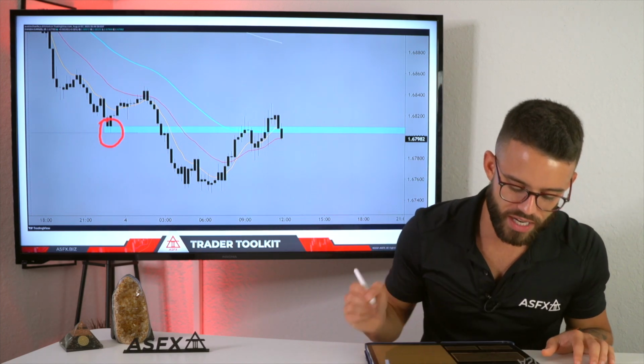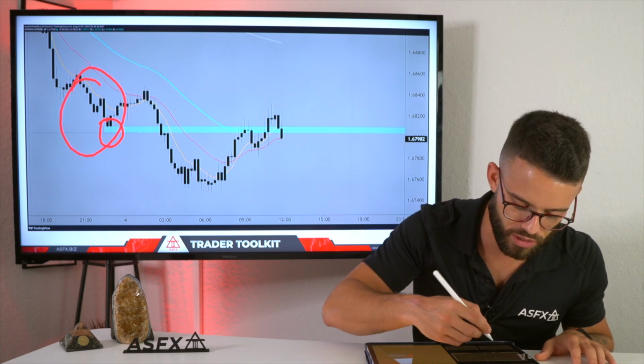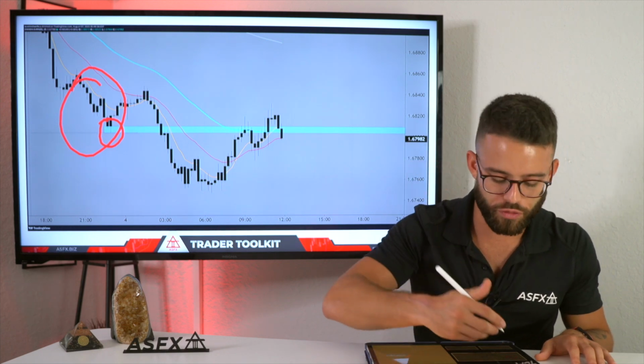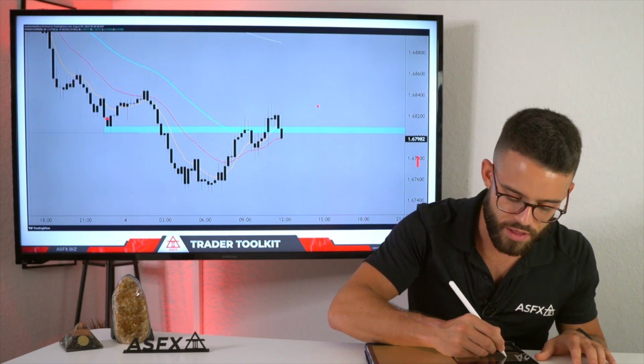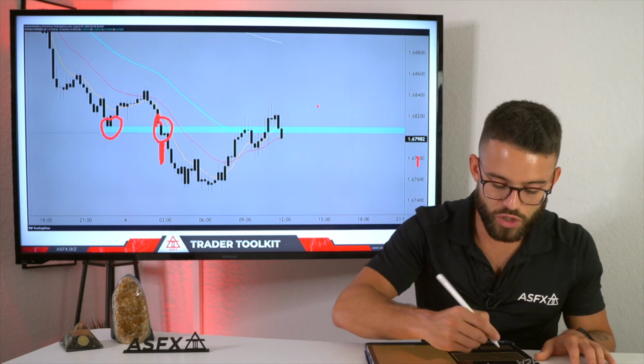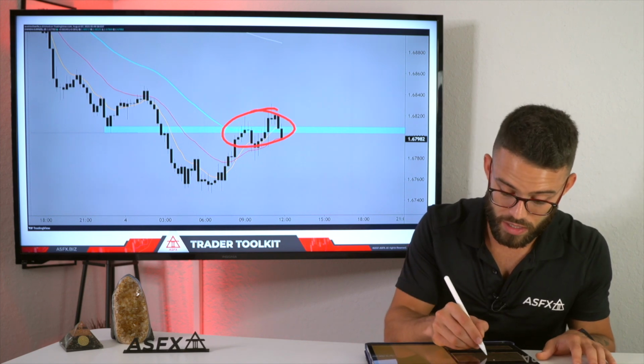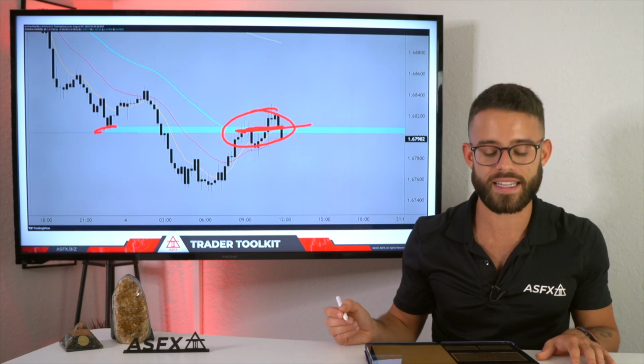So here the zone was set at the Asia low on the 4th. As we move, this is the Asian session. This is another example on Euro NZD. As we move through the Asian session into the London session, the zone is then broken here during the London session at about 3 a.m. Now that the zone has been broken, we come back to that zone and it tests the same zone that was set in the Asian session,